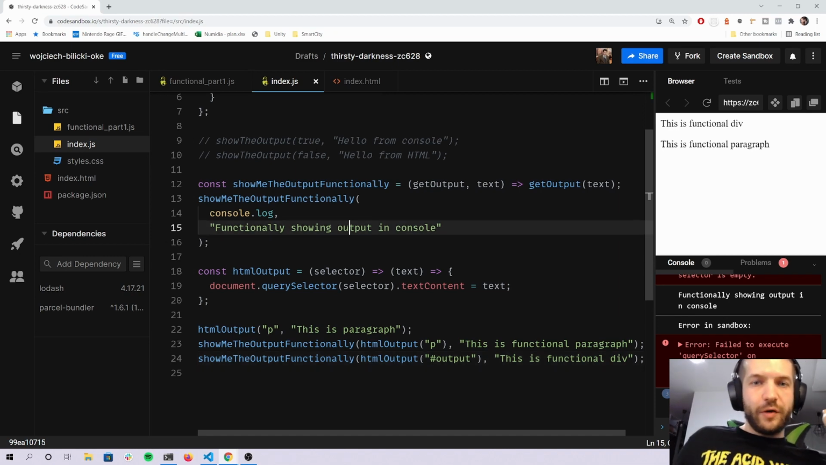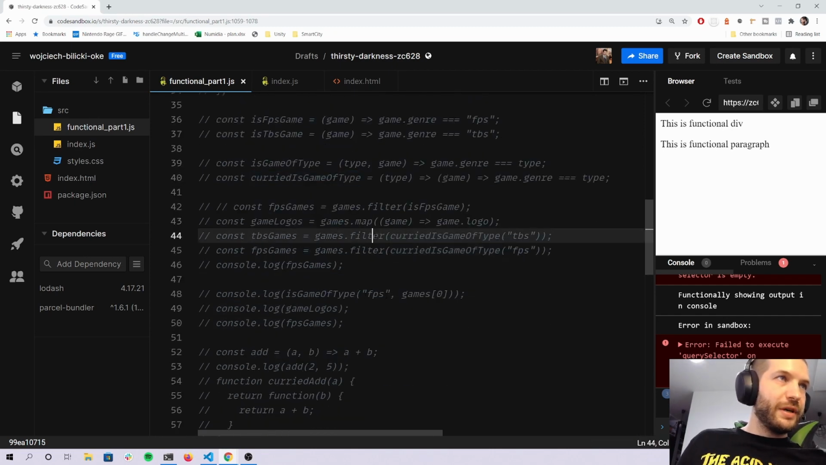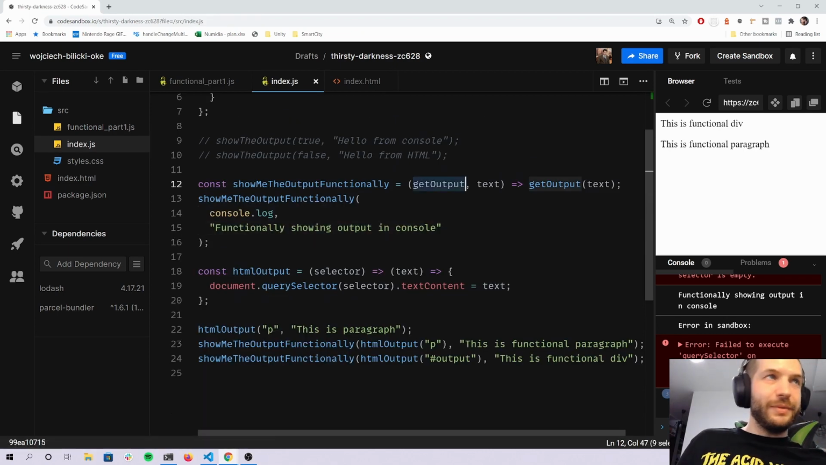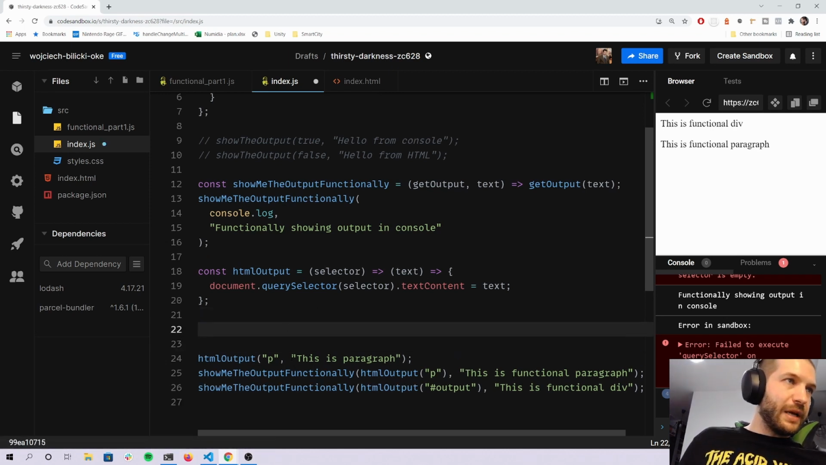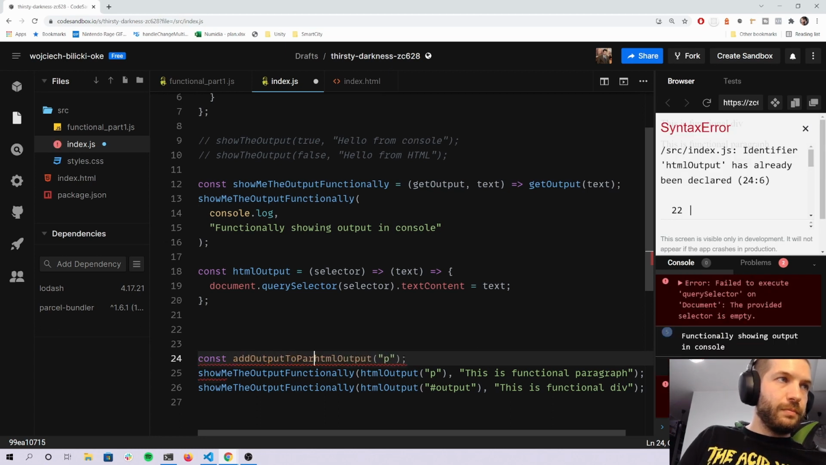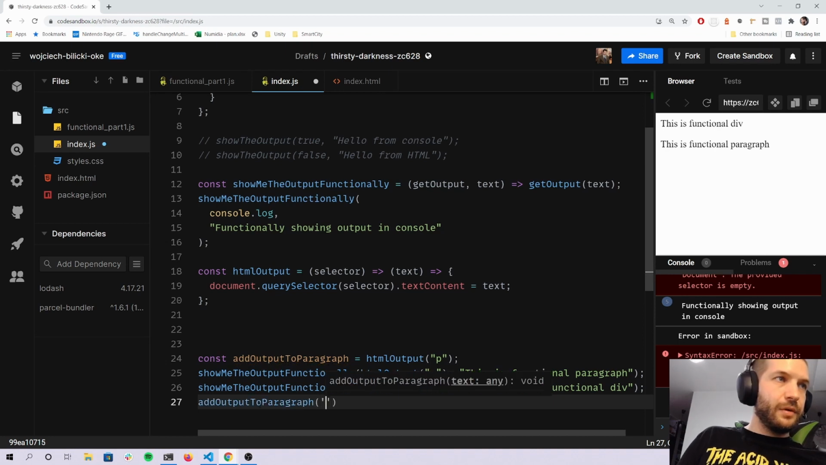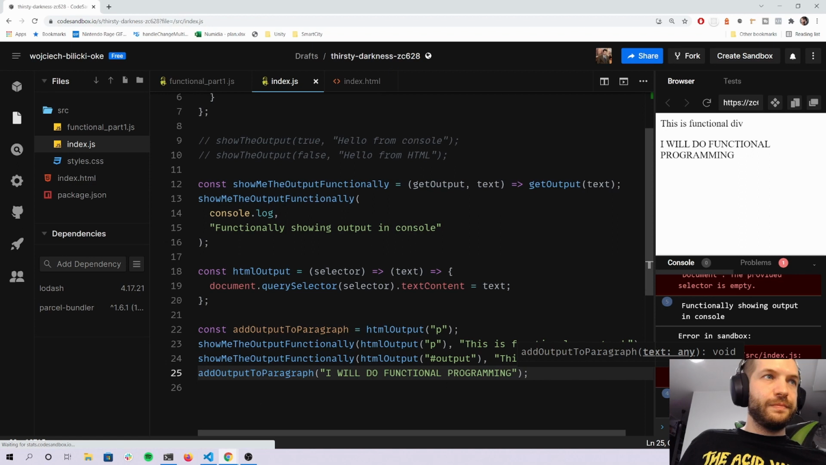This is the basics of functional programming. So stuff like functions as a value so that you can reuse them, using the higher order functions that are taking the function as an argument, and then of course currying the functions to make the function return another function, which allows you to create reusable functions. So I could do something like this: addOutputToParagraph. Okay, and then we'll call addOutputToParagraph with, I will do functional programming. And as you can see,